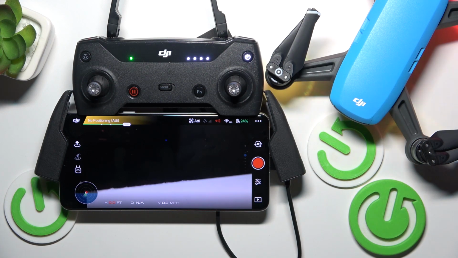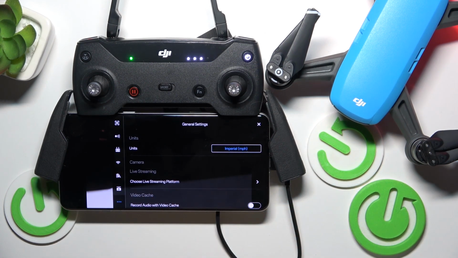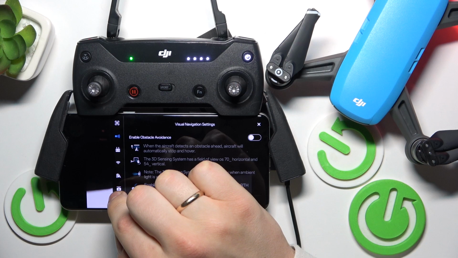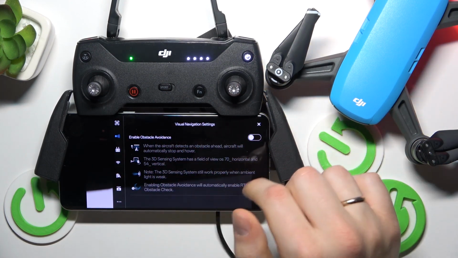So at the start, you will need to launch the camera view of the DJI Go 4 app. Next step, look at the top right corner of the display and tap at those three dots to launch settings. Here select the second category that you'll find here, the second icon, that is visual navigation settings, and on top